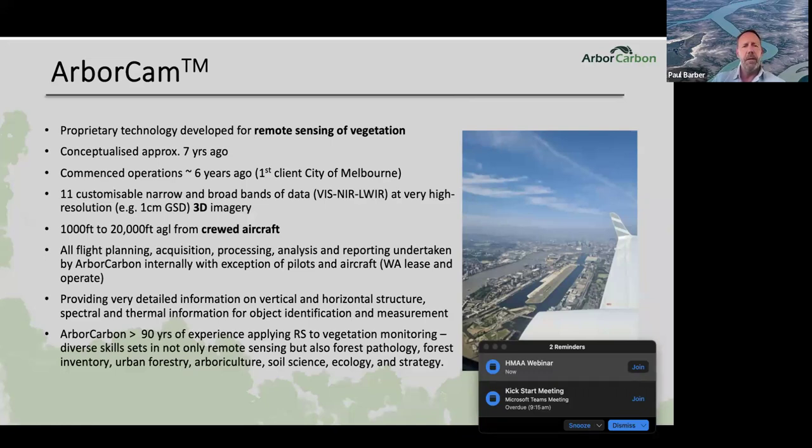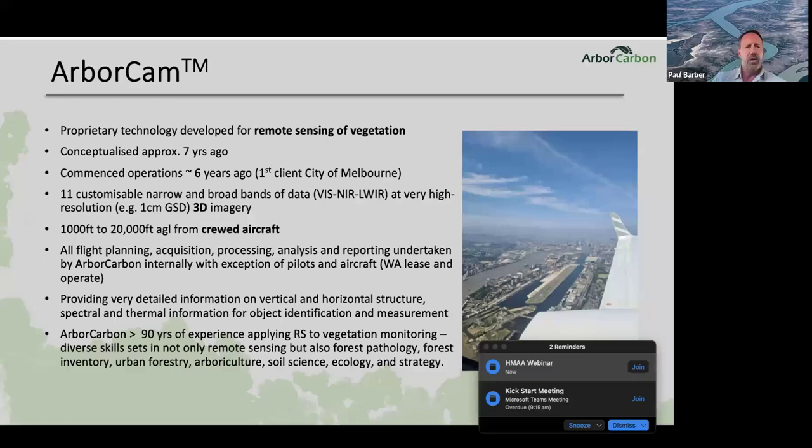So ArborCam is unique in that it has 11 narrow and broad bands. And I'll talk a bit more about the technology in the coming slides. But those bands in the electromagnetic spectrum span the visible, the near infrared, and the long wave infrared, which is basically the thermal region of the spectrum.